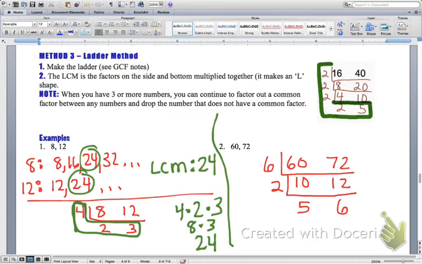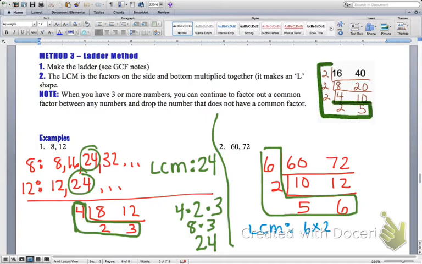Now 5 is prime, so we're done with our ladder method. Now we're just going to look at our LCM, which is that L shape. So it would be these numbers. We're going to multiply these numbers for the LCM. So my LCM is